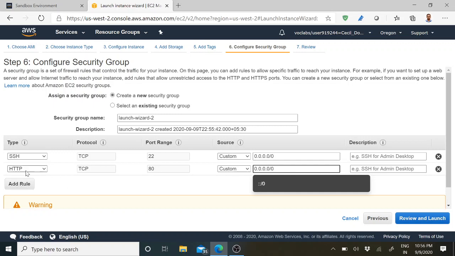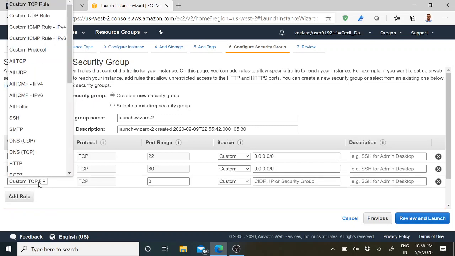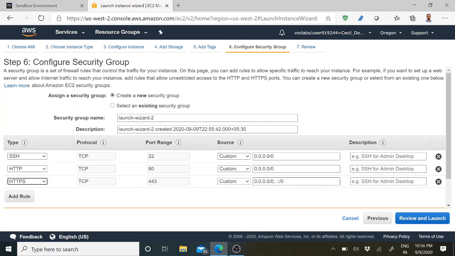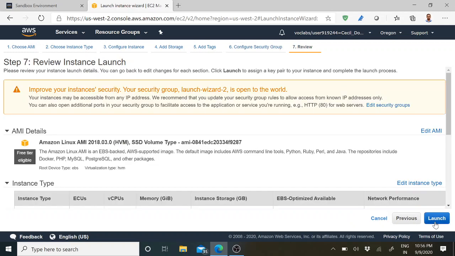So we need HTTP, which the port number will be 80 and the source let it be 0.0.0.0. Then add one more rule, select HTTPS, okay, and then the same thing, let the source be this one. So you have to add three rules and after that you just click review and launch.